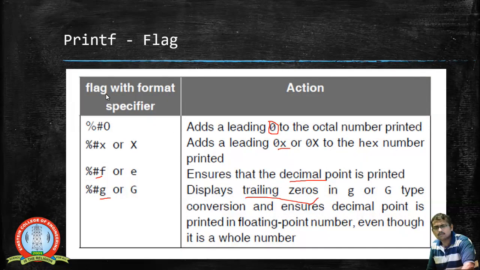Now when you look at the flag, we can use some values following the hash symbol, like either o or x in case of hexadecimal, or f when you are going for a decimal point that is to be printed.